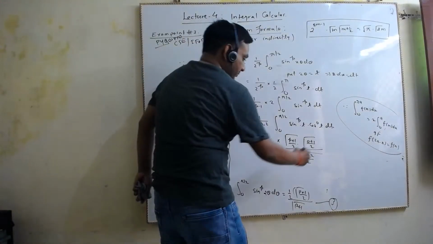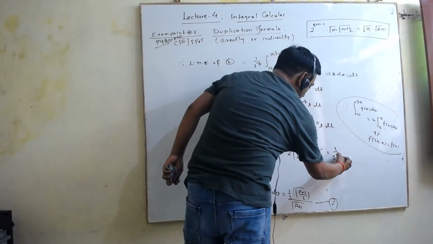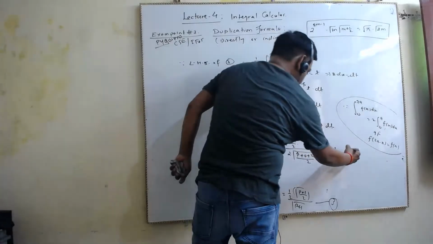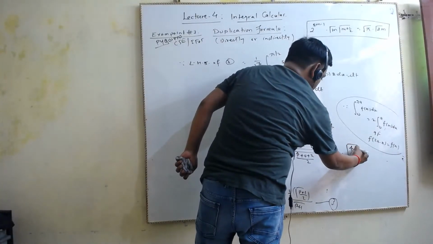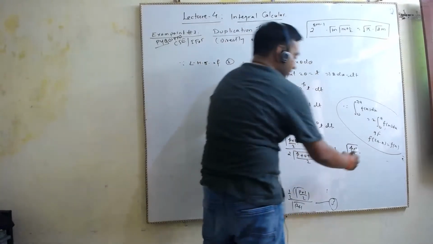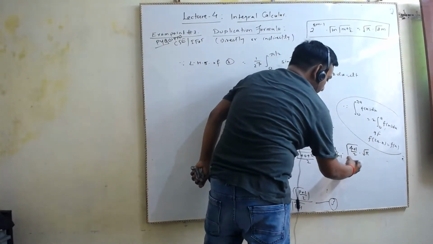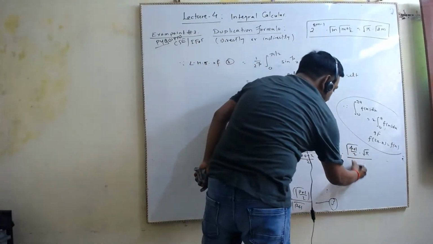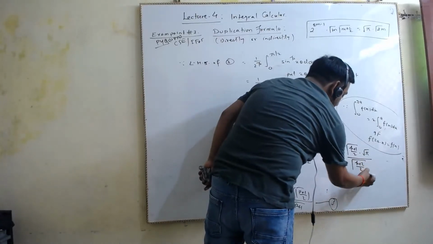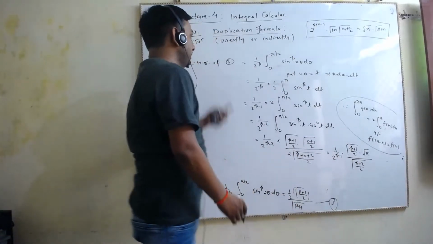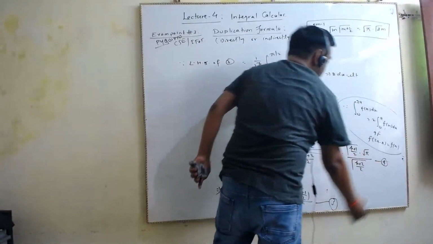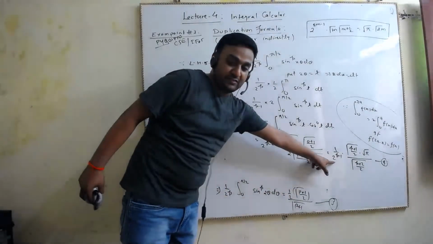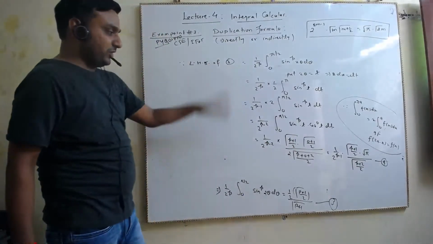So what will happen? This will come out as 1 upon 2 to the power p minus 1, one 2 goes from here, okay, into gamma p plus 1 by 2. Gamma half's value is square root of pi, divided by gamma p plus 2 by 2. Let's say this, you give this as 4. Now we will use the value of this in place of this. Okay, please note down.